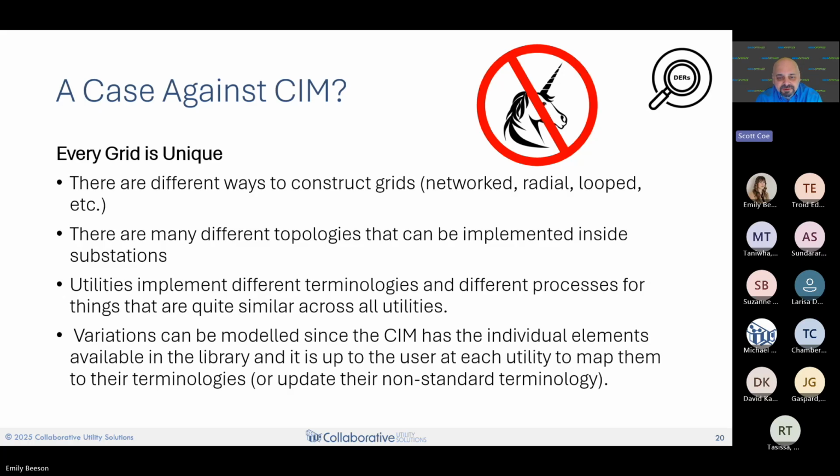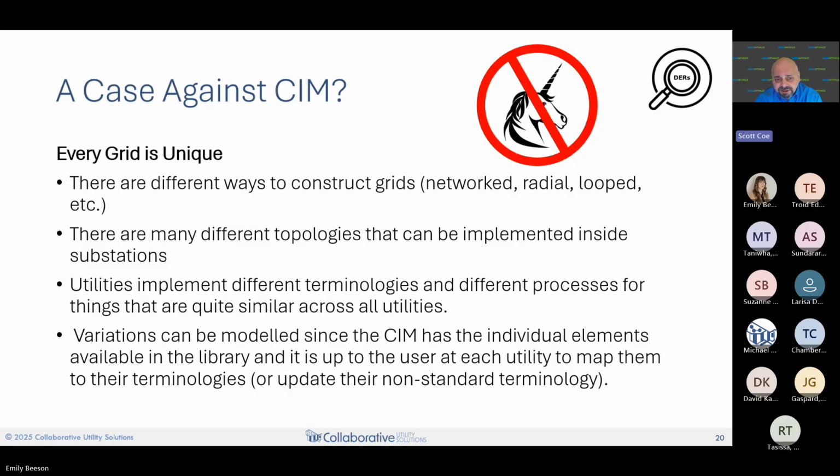Because we have all of the individual elements designed as standalone pieces, each breaker is by itself, each switch is by itself, each bus bar is by itself, and each transformer actually is made up of multiple objects. So you can create any sort of power transformer that's unique. You can stitch together pretty much any grid.